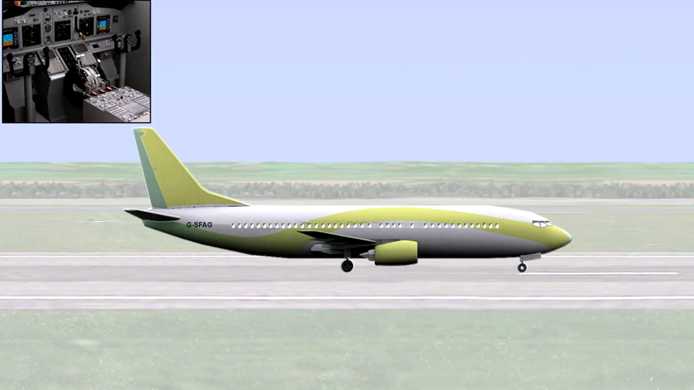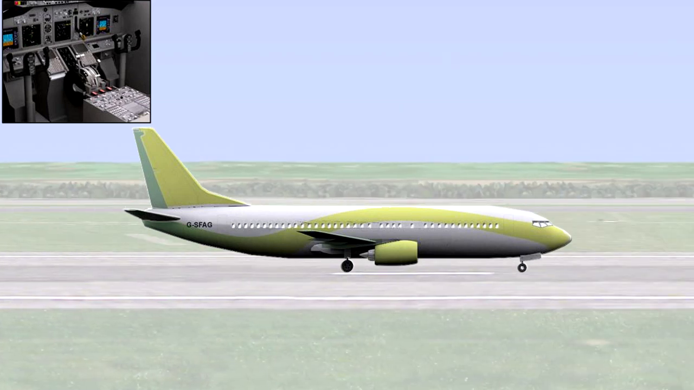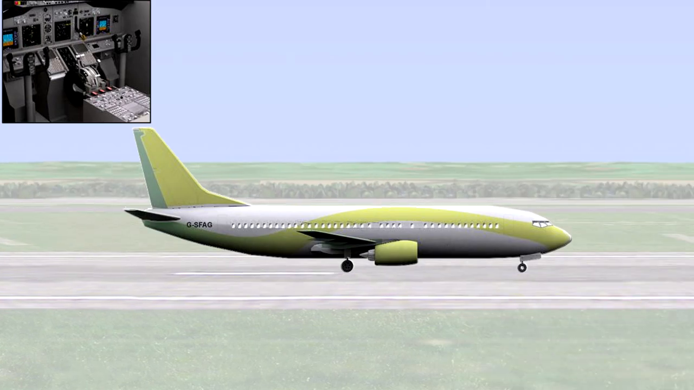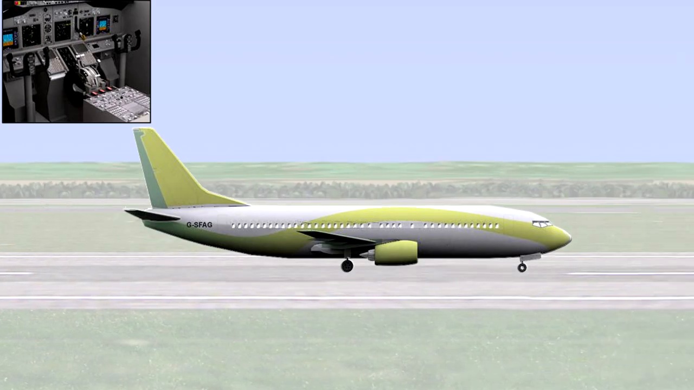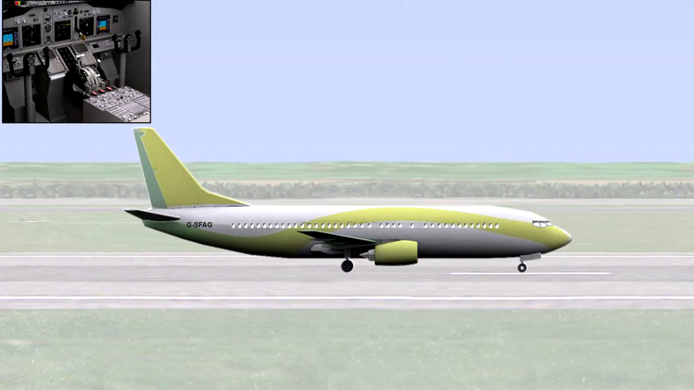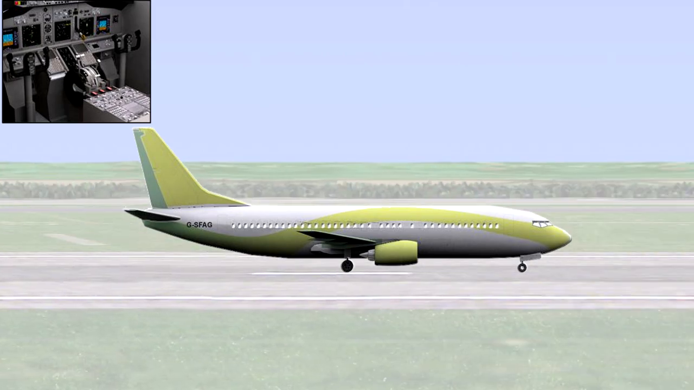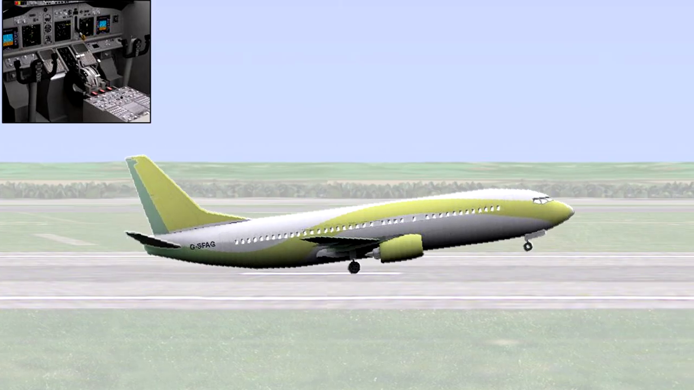Rotation speed, VR, is the speed at which the pilot initiates action to raise the nose gear off the ground, with the intention of becoming airborne. The pilot action is to pull back on the control column. This action deflects the horizontal stabilizer to create a downward aerodynamic force on the tail. This force pushes the tailplane down and rotates the aeroplane about the main wheels, which will raise the nose wheel